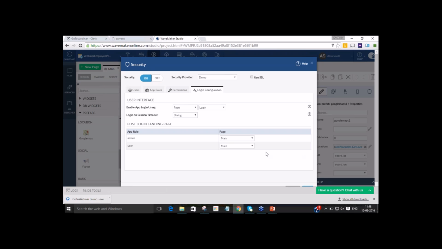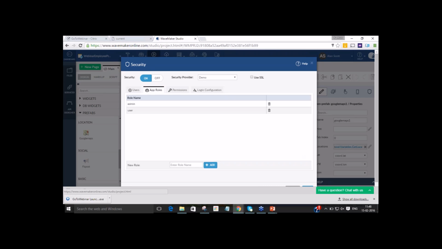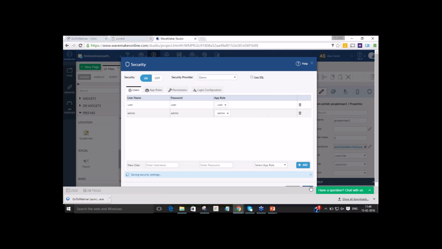Let's save this. Of course, there are roles and permissions and other things. If you actually see the security provider, I'm just using the demo security provider, which is available out of the box with WaveMaker, just for this particular demo. But feel free to use whatever you have from your side, like LDAP or whatever security provider that you may have. I'm just going to save this application